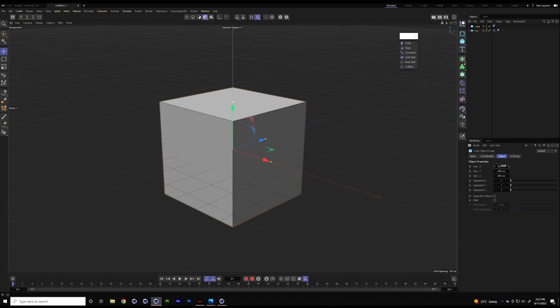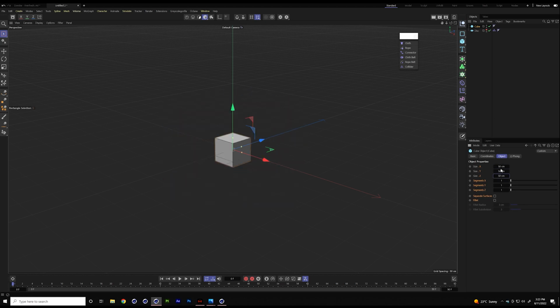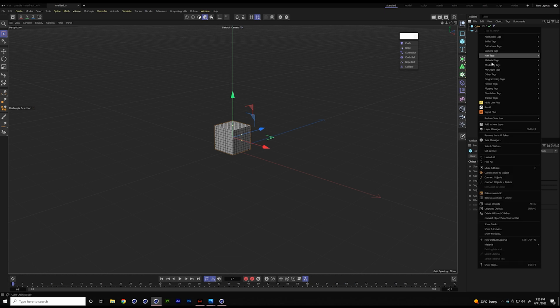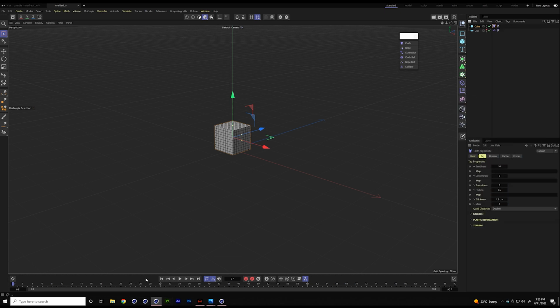Now the next thing is I want a cube, because everyone wants a cube. And I'm going to set this to 50, 50, and 50, and just raise it, let's say 26, so it's slightly above the ground. Let's add some subdivisions, because this is going to be our plastic object. So 10, 10, 10 is good enough. I'm going to set this to be a cloth object, and by default it's going to do its little jello motion and all that. Excellent, because it has quite a bit of bendiness, which allows the edges to fall in, to fold. And if you want more details on that, check the first tutorial.